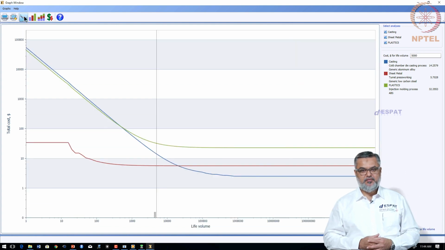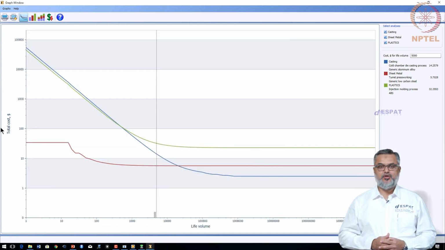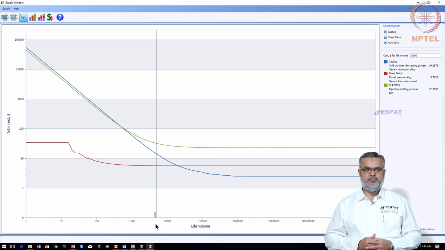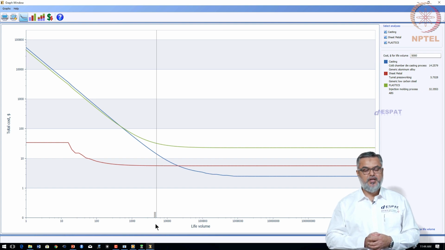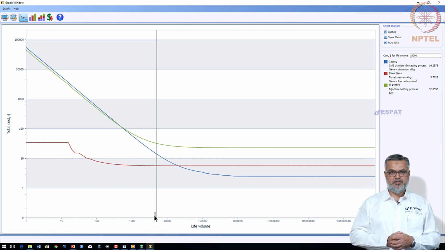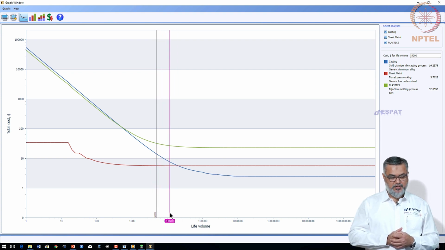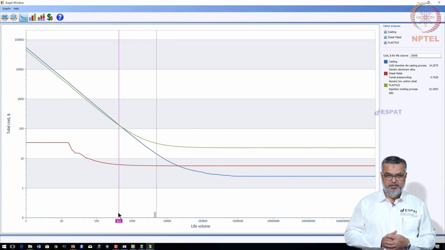More interestingly, we have another feature which is called the cost versus life volume graph, and again an important tool if you are making decisions, or if you are somewhat like an OEM who wants to negotiate with the vendor as to what is the right mix of this combination. For example, let us say hypothetically, if I move that selection ruler to the intersection of the blue and the green line,